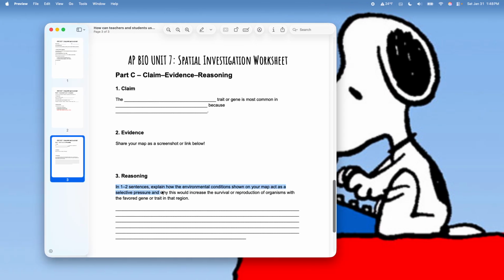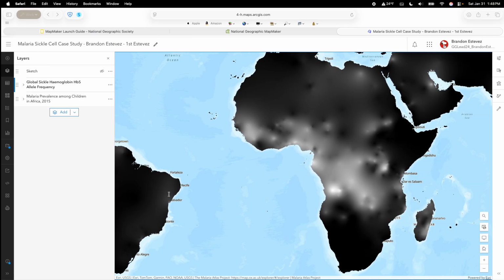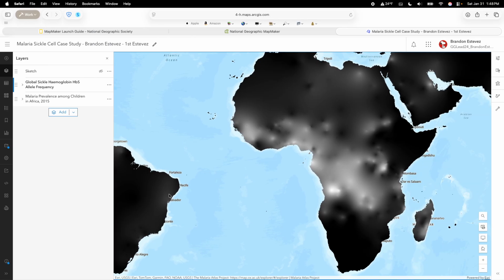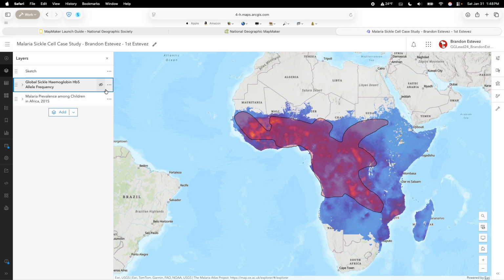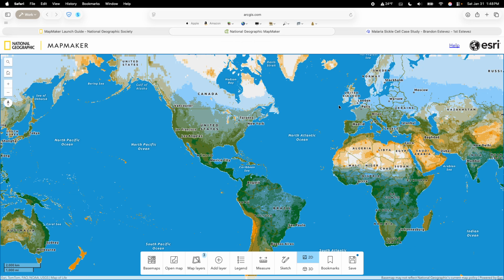And then finally, they can go ahead and write a really quick one to two sentences explaining the data they analyzed to show why they think those factors are affecting gene and trait distribution in that area of the world. So that is just a really quick way to show how ArcGIS Online and then MapMaker can both be used in classrooms to add another geographical lens when you're teaching something as simple as natural selection in AP Biology